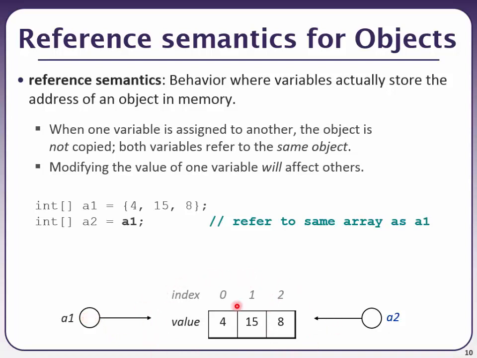So when I copy the reference to this unique array object in memory, when I copy its reference, its address, from A1 to A2, concretely what I did is I allowed myself to access that array from A1 or from A2. That doesn't happen when we manipulate an int. That doesn't happen when we manipulate a long, right? You copy an int value, you have two values, they have nothing to do with one another. You copy a long value, same thing, a double value, a float value, a char value, and so on. But now, because we copy a reference, and the reference refers to a unique object,